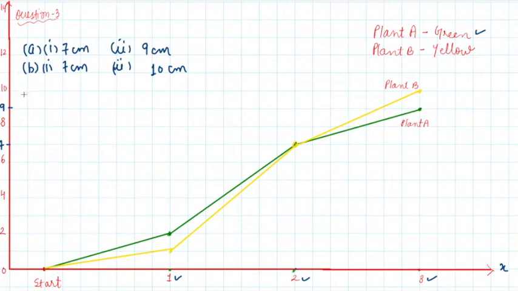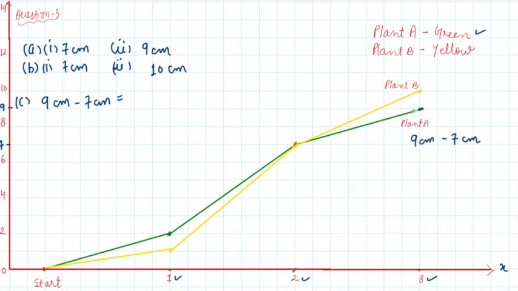Now let's see C part. How much did plant A grow during the third week? So if you see how much did plant A grow during the third week? So third week plant A here is how much? It is corresponding to this height. If you go, it is 9, right? 9 centimeter. And how much it was when it was second week? It was 7 centimeter. So 9 centimeter minus 7 centimeter. How much it has been grown? This is how much did plant A grow during the third week. So third week, if we say plant A, it was how much here?